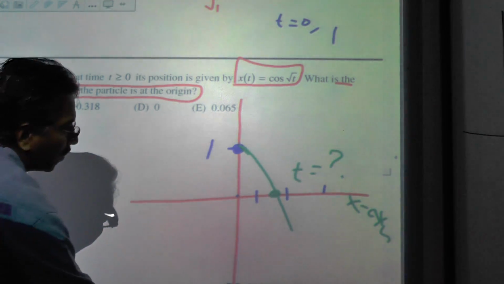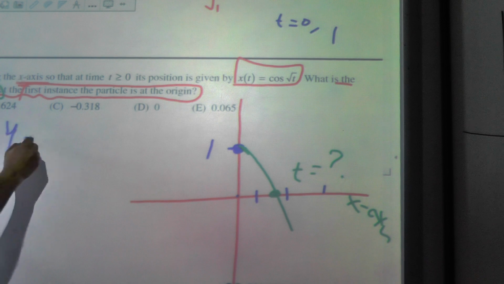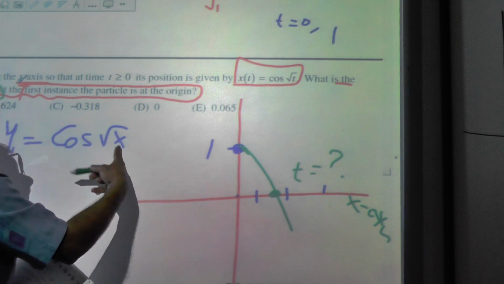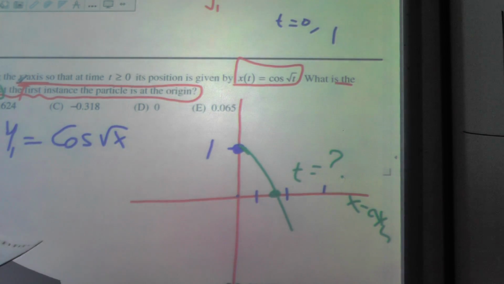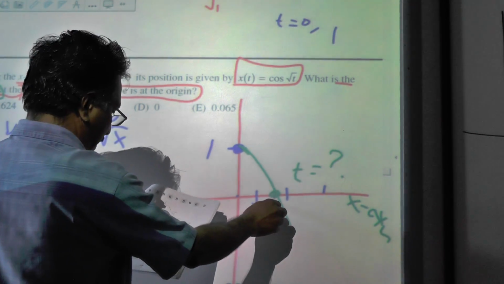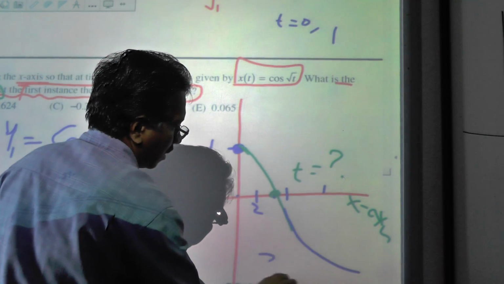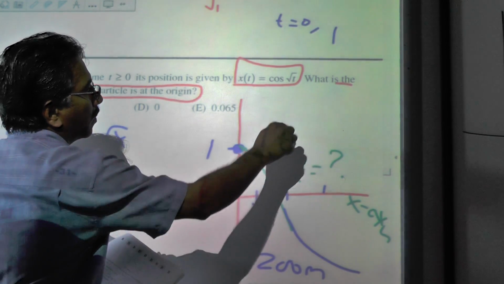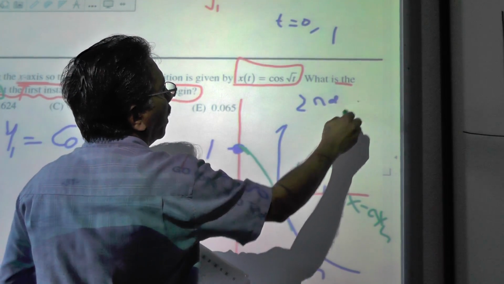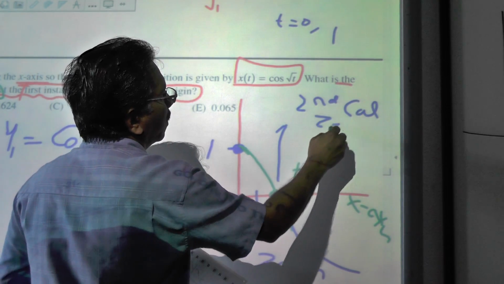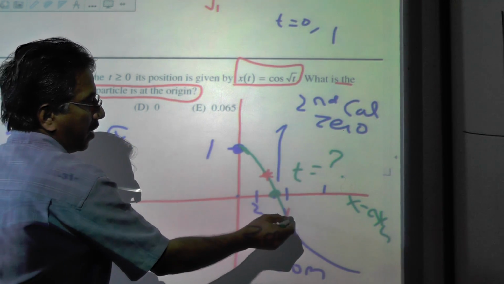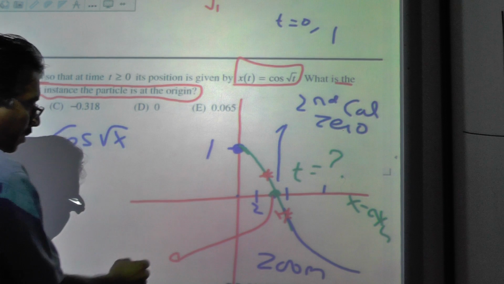So what you do is, first on your y1 editor, put cosine of root of x, because on your calculator you have to put x even though there is a t, just to help us out where it passes. Your graph will show something like this. You zoom accordingly and see where it goes. Use the second calc and go to zero, use the cursor here, then take the cursor here, and you get the answer as